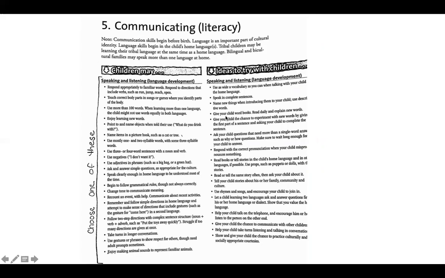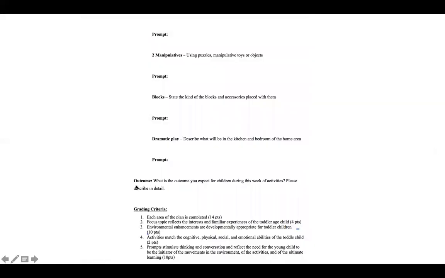My outcome would be, because of reading daily books that describe different pets, children will learn names of pets and will be able to describe pets at least with 3 different words, right? So maybe their color, their size, big, small, and the texture of their skin, fur. Do they have fur? Do they have scales? Anything like that. So that would be the objective or the outcome.